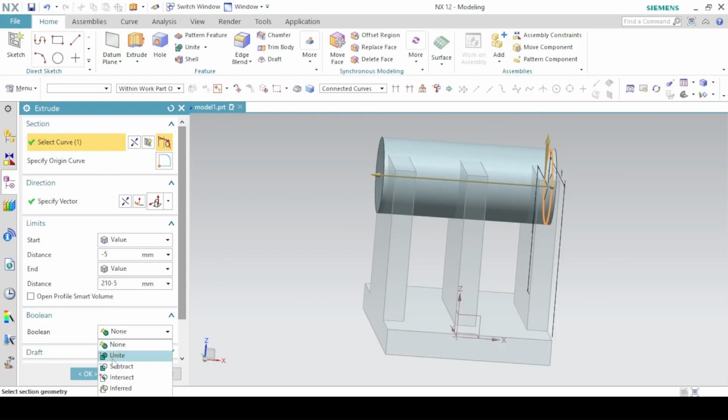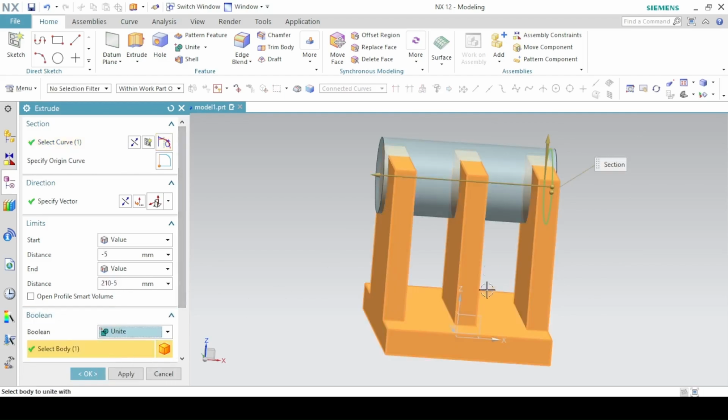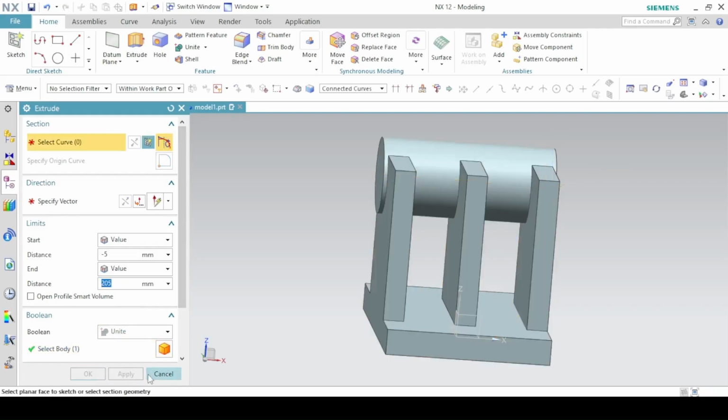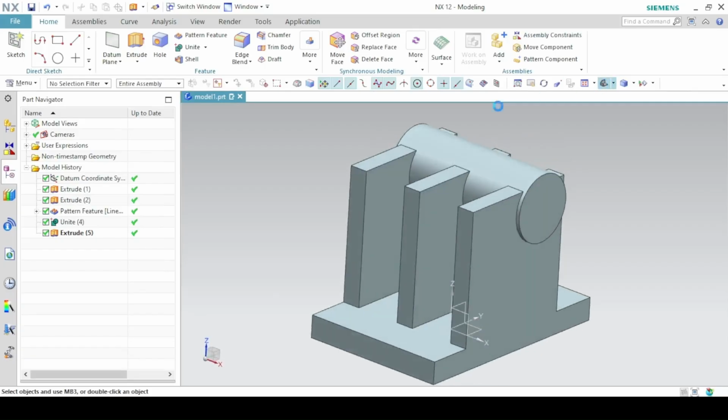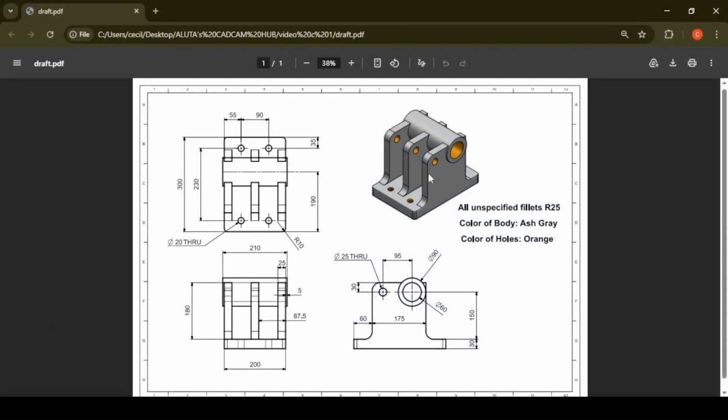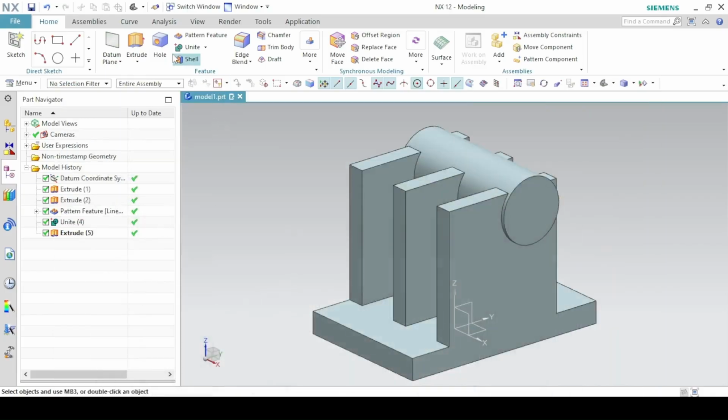Now set the boolean to unite with this block. Apply. So this is what we have. Next, we remove material, so we add these holes. So with the hole feature,